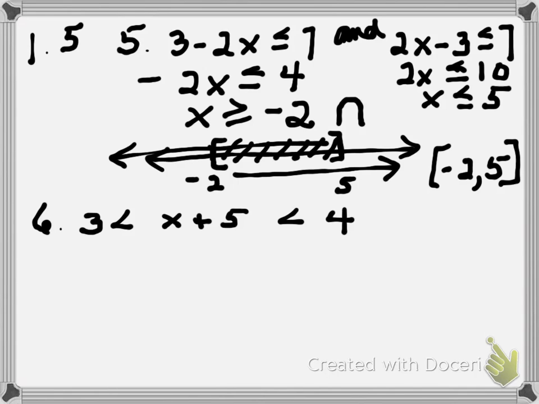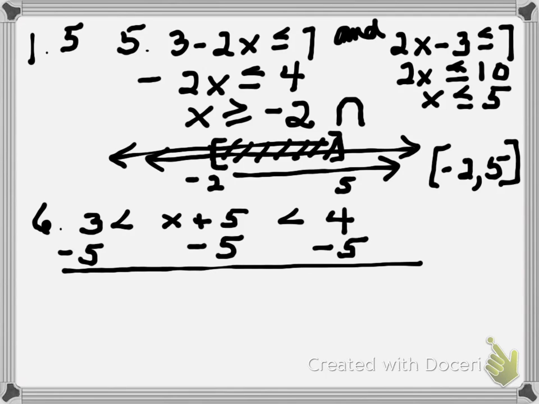Now sometimes you see a conjunctive inequality, an "and", written this way. So you see in the middle the x plus 5, and it actually breaks into 2 problems. You can solve them separately, as 3 is less than x plus 5 and x plus 5 is less than 4, or you could solve them simultaneously. So you could split it up into 2 problems like number 5, or you could simply subtract 5 to the left and right